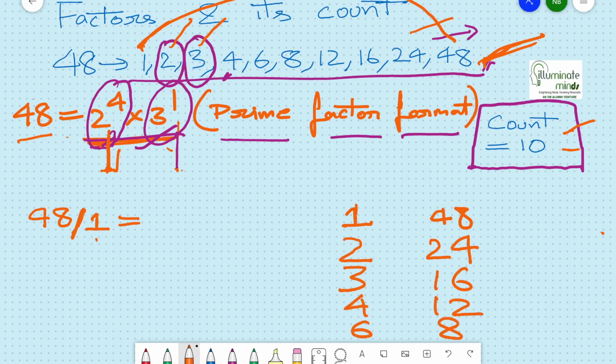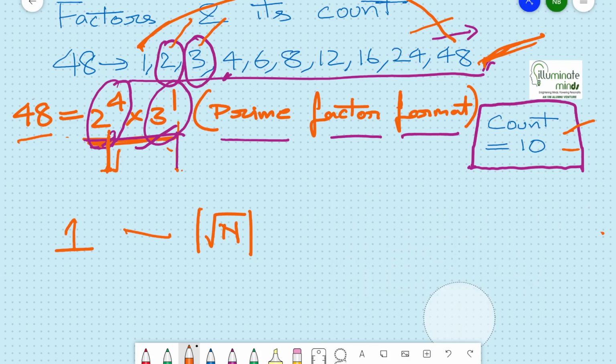Now what to do next in the programming part of it? I need to run the loop only from 1 to the greatest integer of the square root of n. In this case, 48. The square root of 48 will give me 6 point something. The greatest integer of it will give me 7, isn't it? So I will run the program only from this to this. That means my number of iterations in this case is 6, while what people usually do is run the iterations till 48. So we will reduce the iterations drastically